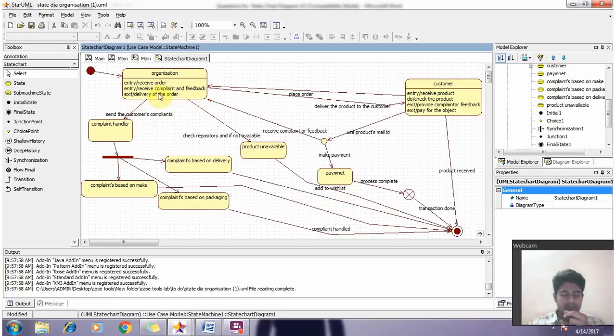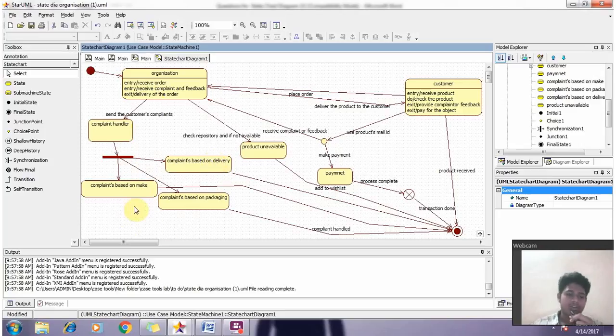First it goes into the complaint handler. This complaint handler has a synchronization bar. This synchronization bar is to divide into two or more objects. So it is dividing into three objects: the complaint based on make, the complaint based on packaging, and the complaint based on delivery. So there are three types of